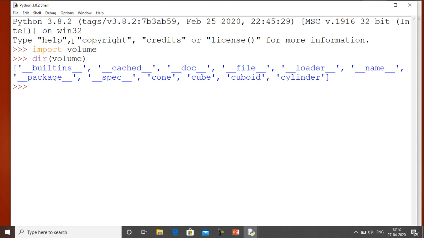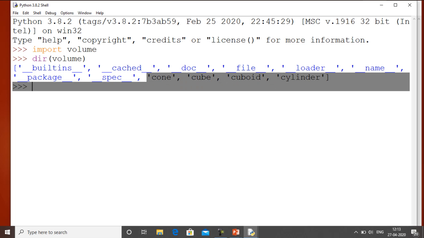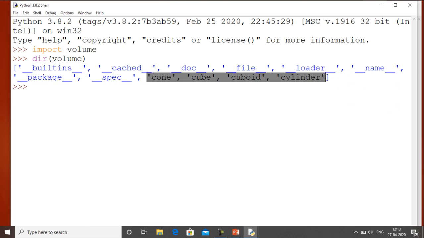When I press enter, you can see many variables like __builtins__, __cached__, __doc__, __file__, __loader__, __name__, __package__, __spec__, and after that the names of the functions like cone, cube, cuboid, cylinder, which we have already created in the module named volume.